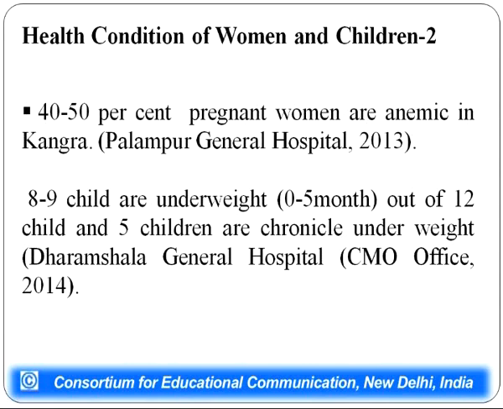I would like to put before you here the data from Palampur General Hospital. 40 to 50% of pregnant women are anemic in Kangra. So you can understand your own perception, the type of problem we are getting. 8 to 9 children are underweight, from 0 to 5 months, out of 12 children, and 5 children are chronically underweight. This data is from Dharamsala General Hospital of the 12